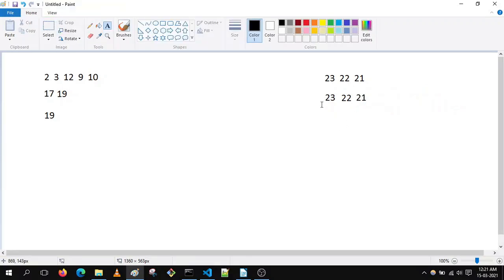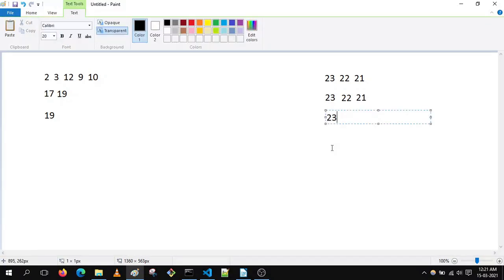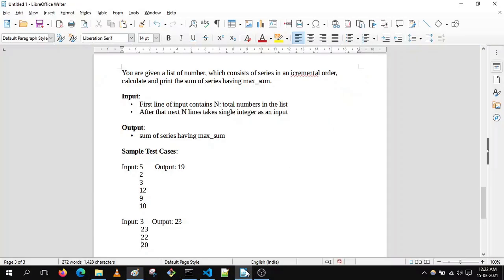Now as a result, we have to get the maximum sum of the incremental series. Here we can see it is 23, and we can check in the test case that it is also 23.